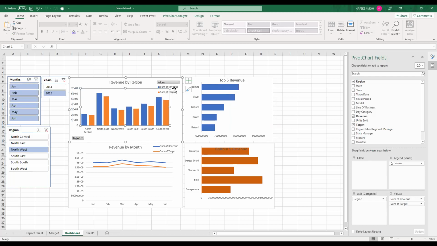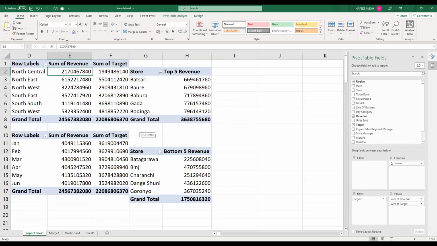And we can see we have sum of revenue here. We already know that it is sum. So I can just come to my report sheet and just change this to revenue. But because revenue is an item under your field list already, it won't accept it. So what you can just do is add a space in front of it so that it is accepted